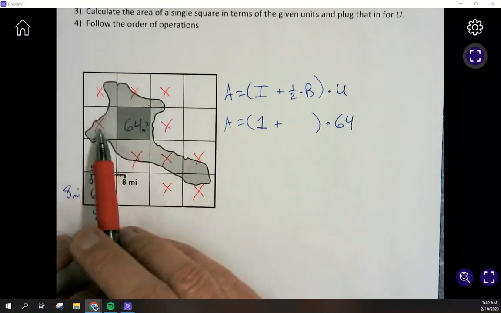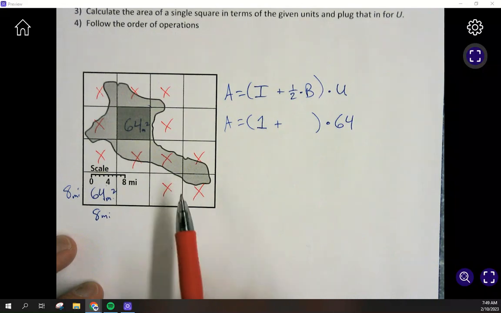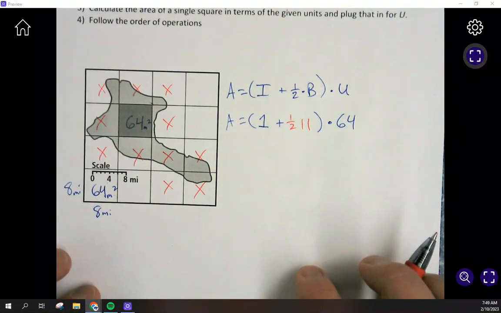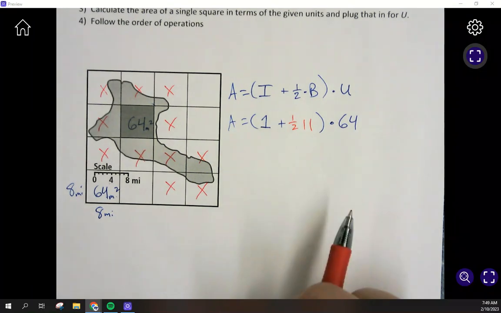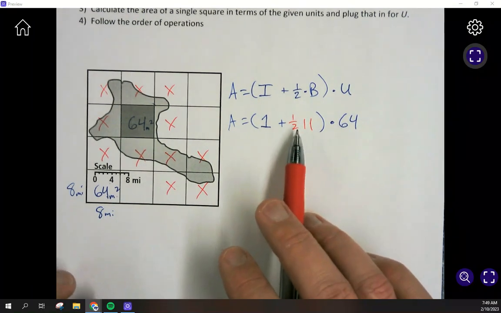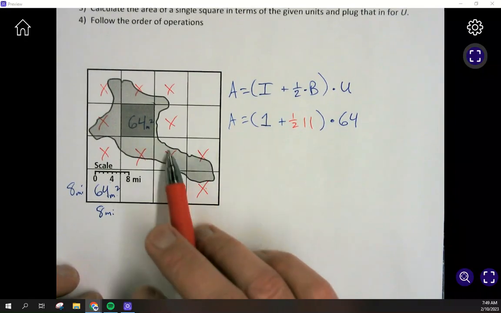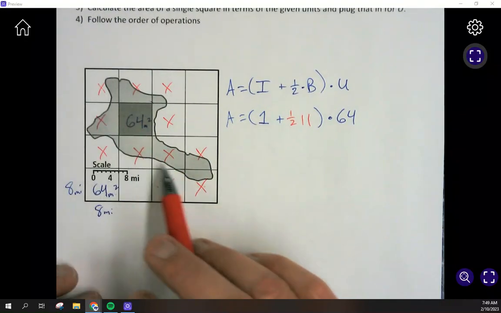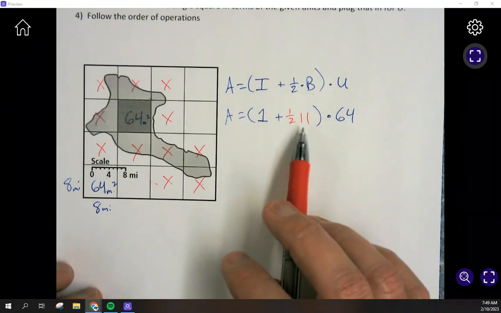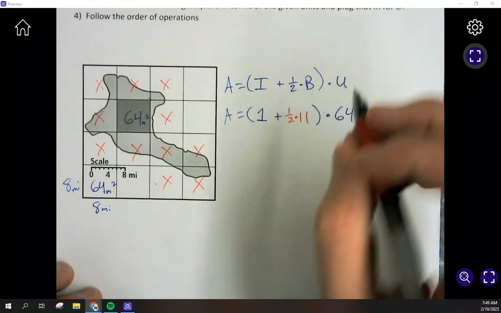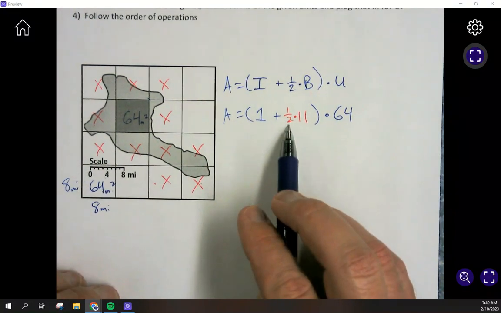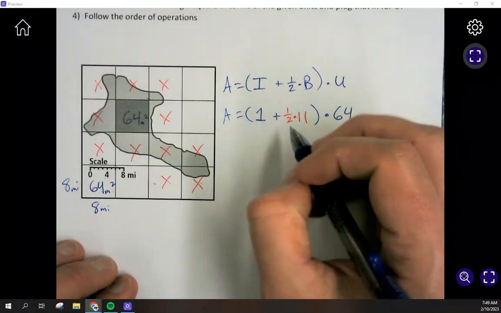So we have 1, 2, 3, 4, 5, 6, 7, 8, 9, 10, 11. So we're going to take half. Be careful. The mistake when you go too fast is you just put 11 there. And that means you're counting 11 full squares if we don't take half. And obviously, we don't have 11 full squares. We have 11 partial squares, which are called your boundary. And so we need to go ahead and multiply. This is not 11 and a half. Don't add them together. It is 1/2 times 11. So half of 11 is